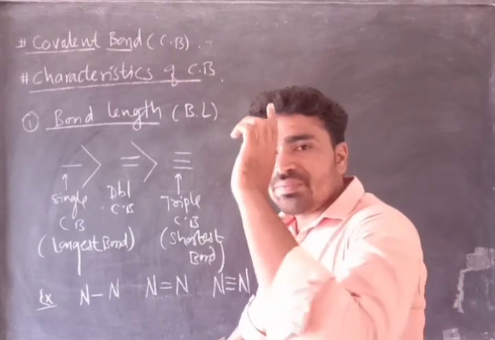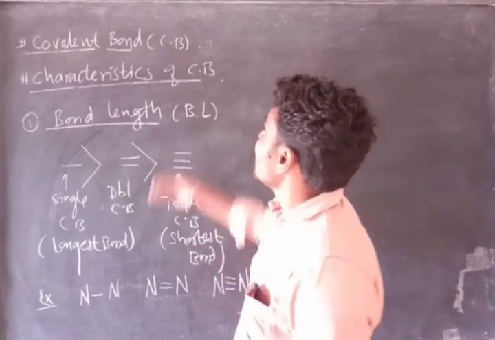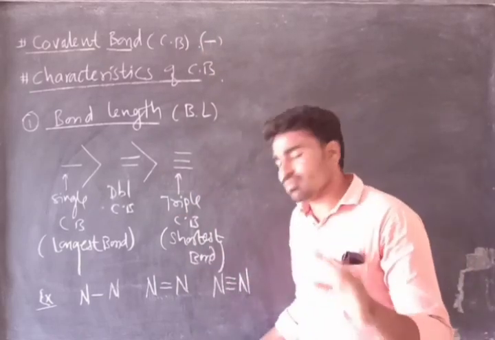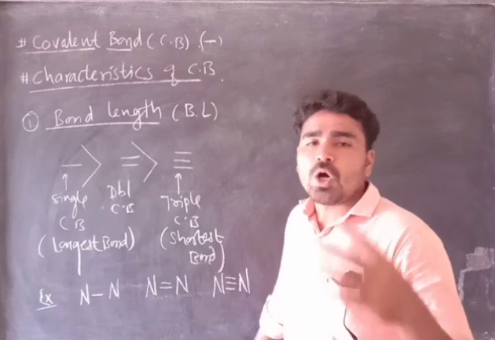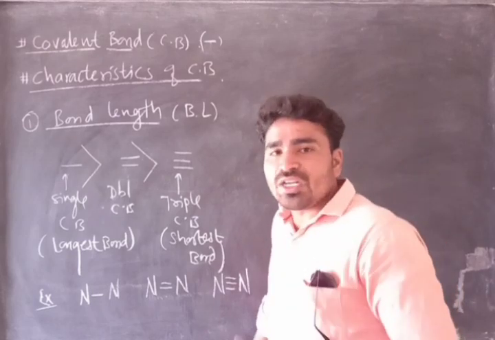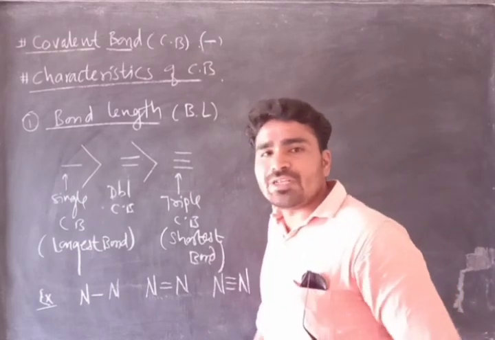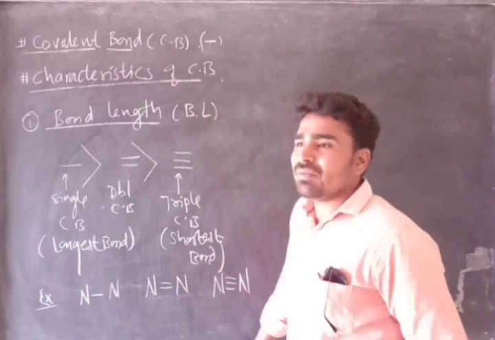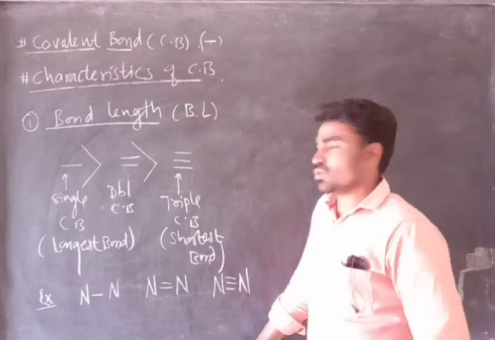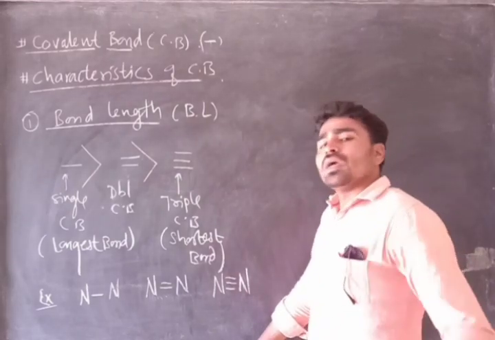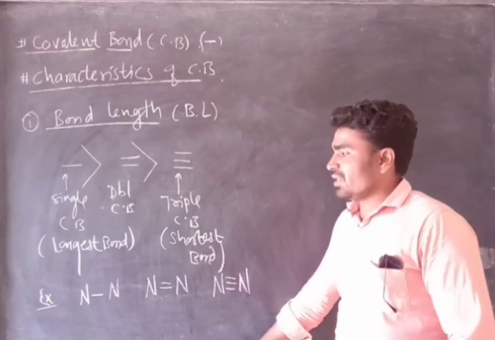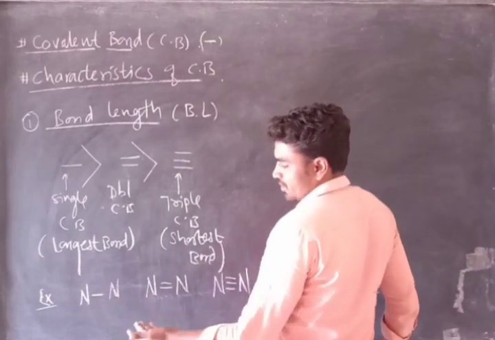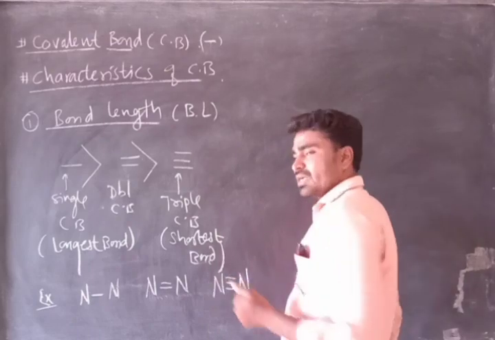Covalent bond can be represented by using the sign dash, but there is no symbol or sign or any notation to represent the ionic bond. That is, ionic bond, we can say it is invisible, which we have just understood. So in examination we have the example like this: nitrogen single bond, nitrogen double bond, and nitrogen triple bond, and